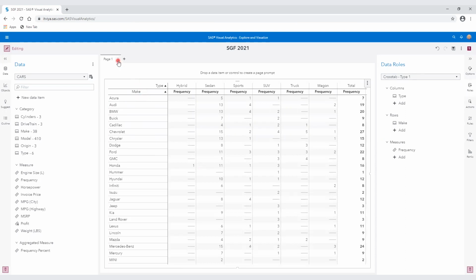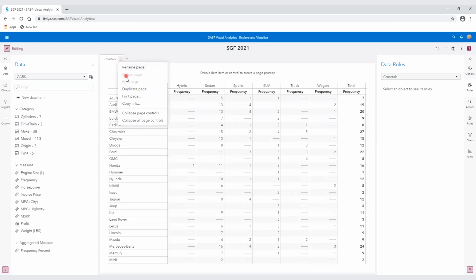I'm going to go up here to the triple dot on page 1. That's an options button. And by the way, I'm going to rename this page. Its name by default is page 1. So if I just double click on page 1, let's call this crosstab, because later I'm going to make some other things. Okay. And I'm going to go to the options button for my crosstab page. And I'm going to say here, oh, I already did it. I already did it before I started this video.